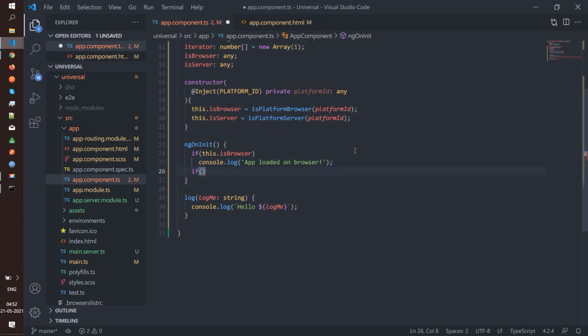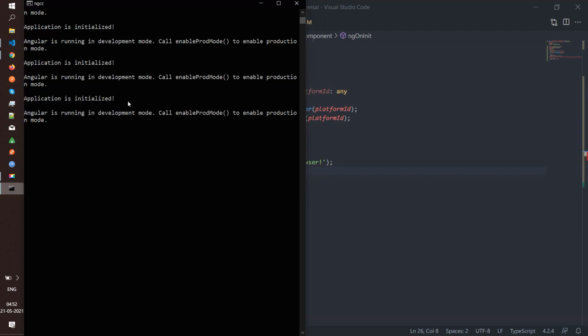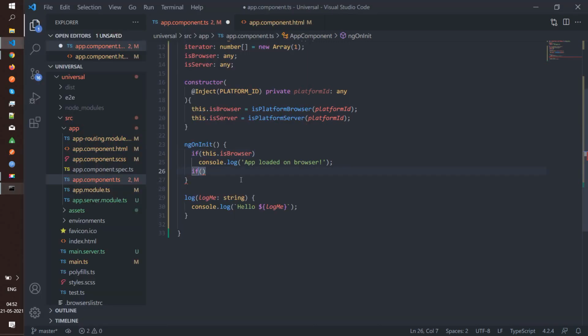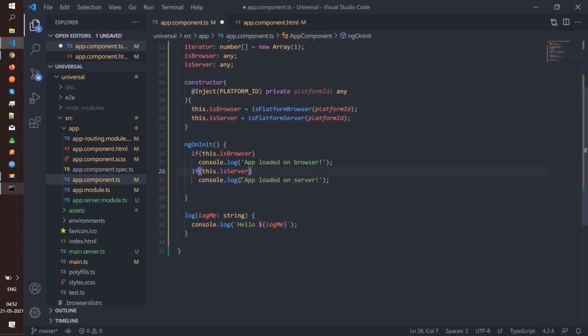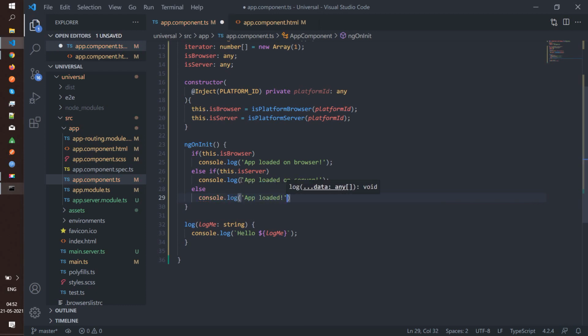Now if my application is getting loaded on server, as this is the case when I just hit the URL and we get to see that application is initialized here, then I simply want to print app loaded on server. Okay. Now consider another case which is actually not going to happen, but still I am printing app loaded, where browser or server are not the platforms actually.